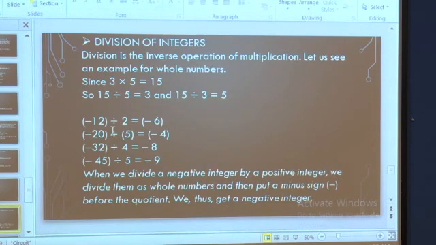We have to reduce it to the smallest form, or you can say recite the table of 2 till you get 12. So, 2 6s are 12. It is nothing but here we are doing multiplication and here subtraction, so both are inverse operations. Here minus 20 divided by 5 will be minus 4, because we have a negative integer over here, so we have to write the answer as a negative integer, minus 4.